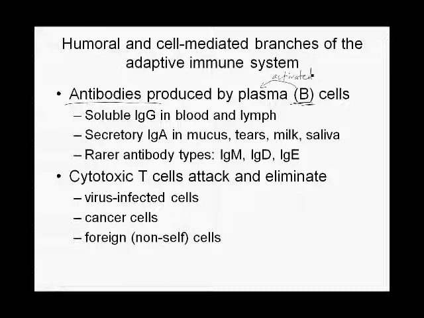And there are 5 different classes of antibodies. The most common ones are immunoglobulin G, that's found in blood and lymph, circulating in the blood and lymph. There is an immunoglobulin A, found primarily in mucus and tears and milk and saliva. Okay, so this is in all the secretory fluids that contain IgA. And then there are a few rare antibody types, and they have special roles, but we won't talk about that